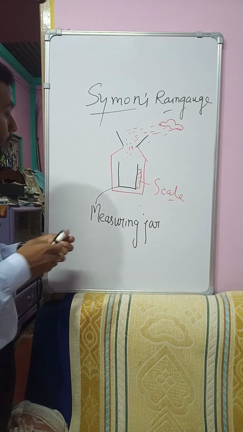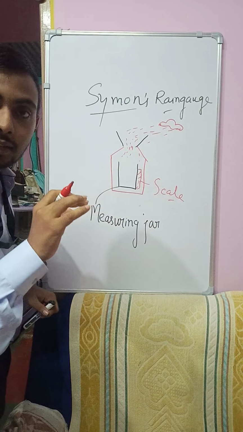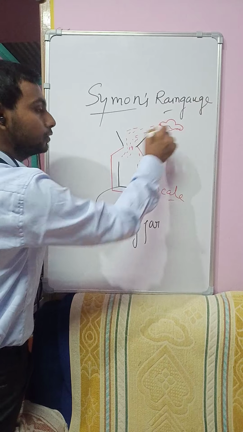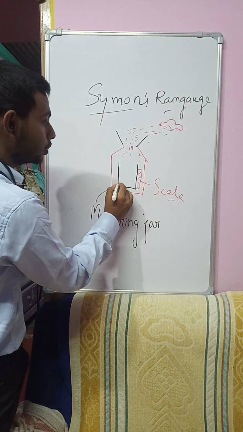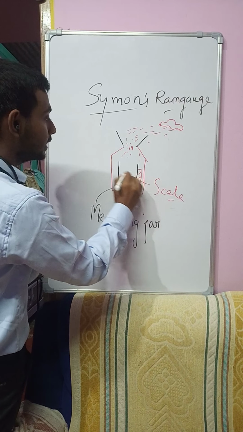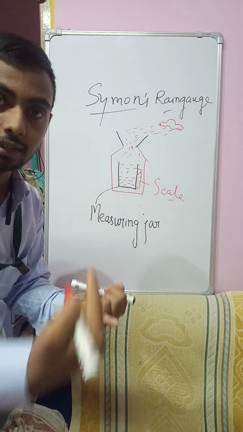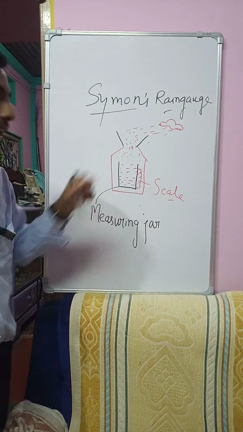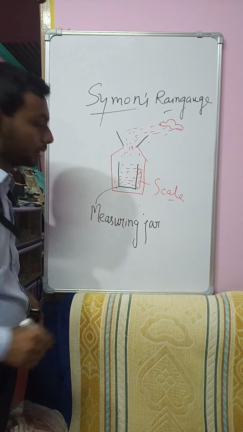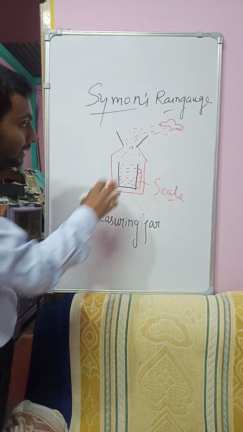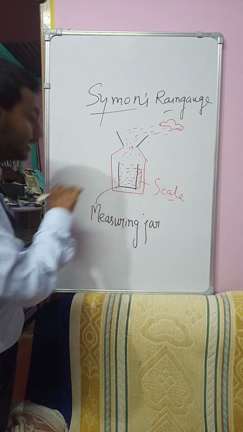Suppose if I draw it more carefully, then rain is coming through the funnel. Which rain? The rain that is coming from this beautiful cloud, right? So this is coming through the funnel and is stored inside the receiving jar or the measuring jar. Now there is the most important thing to note. The rainwater does not collect in these portions. It is designed so that it is stored or collected within the measuring jar itself.